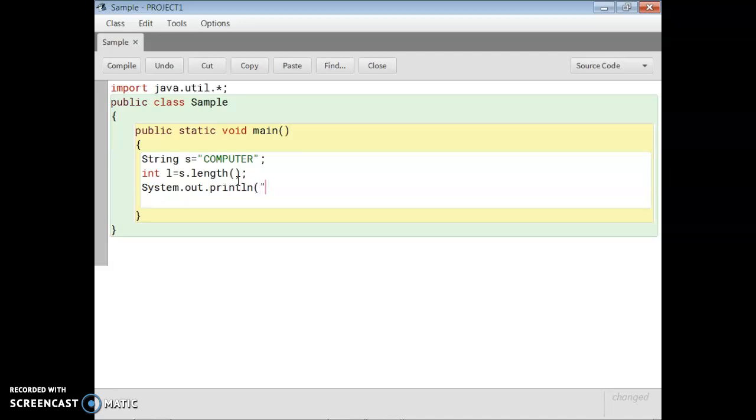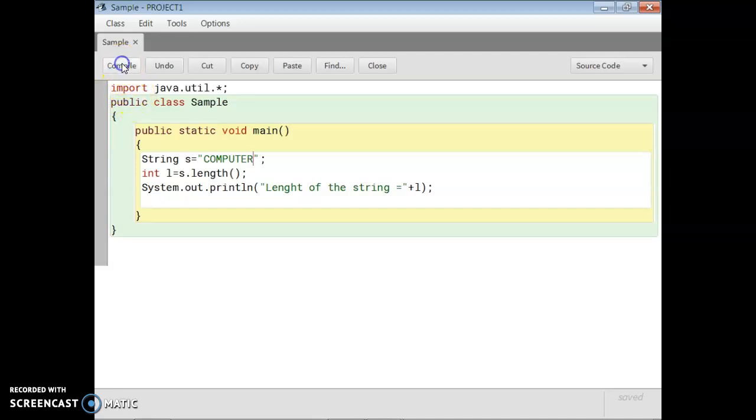Inside the brackets you write down "length of the string equal to", close the quote, plus, in L we have the result. So let's see, in computer we have 1, 2, 3, 4, 5, 6, 7, 8. So our length must be 8. Let's see if it's correct or not.